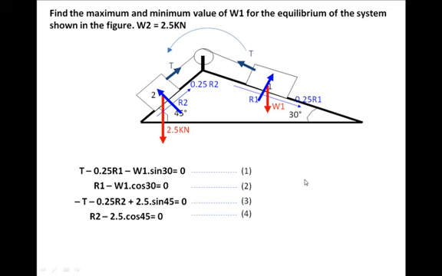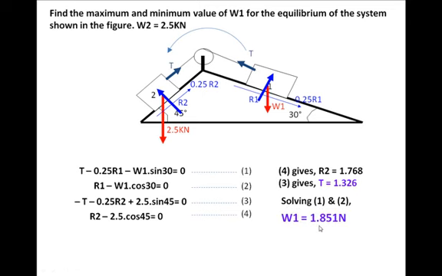What we find is solving 4 gives R2 straight away. And if you put R2's value here in 3, we get T straight away. Now using the value of T here and using 1 and 2, we can solve for R1 and W1, which is of interest, which comes to 1.85 and which is the minimum value